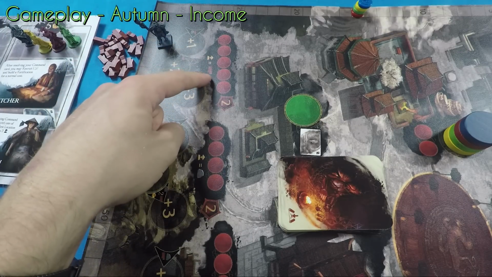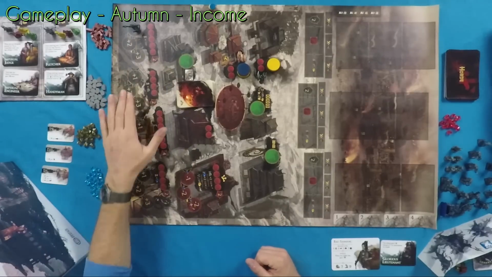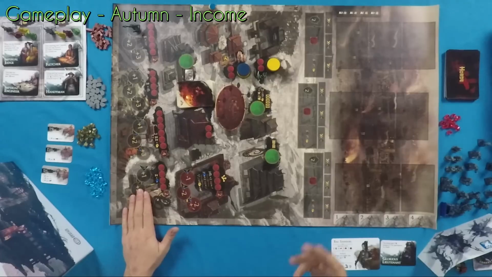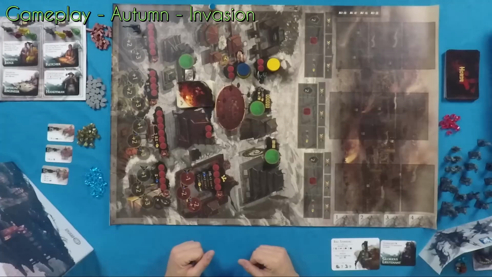So we're going to gain 1 wood. So you'll gain additional resources for each of the overseers you have in each of the 4 resource spaces, depending on their position along the overseer track. Once we've completed the income stage, we're going to move on to the invasion stage, where we're going to fill